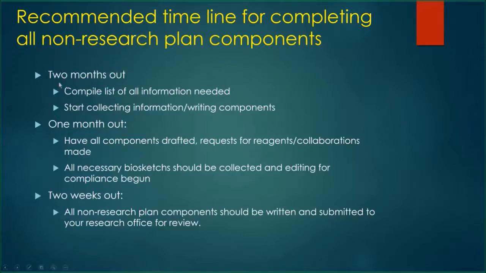Once you've compiled a list of what's needed, you should look at that list and see which things might be hard. Are you sure that that community organization has certain federal compliance issues? Does your major collaborator there have an ERA Commons ID and a Biosketch? Do you need your institution's tax return, and how are you going to figure out how to get that? Now, I usually recommend that by 1 month out, you should have all components of the non-research plan drafted,